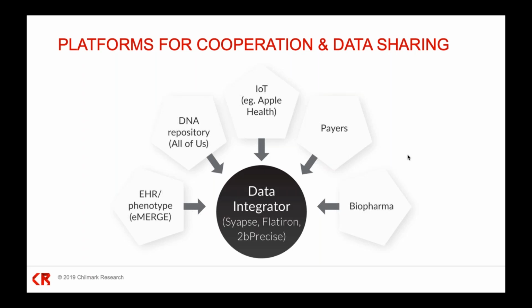And one of the early victories of eMERGE was coming up with a way to address a difficult problem. It takes a lot of labor to take clinical phenotype data and move it across multiple networks, and so they created a common data model in order to make this easier. In the last month or so, they actually released a paper showing that now that they've done this, one of the tools that they've created